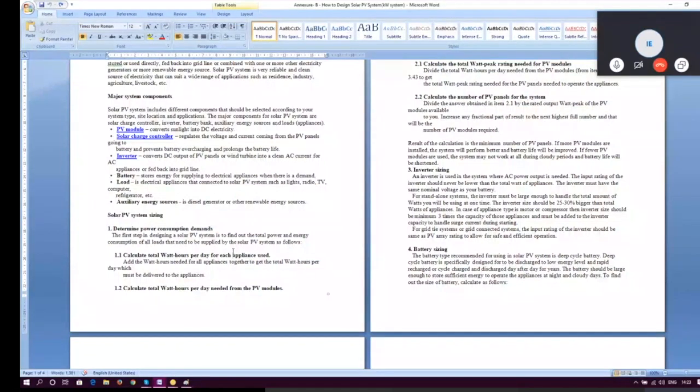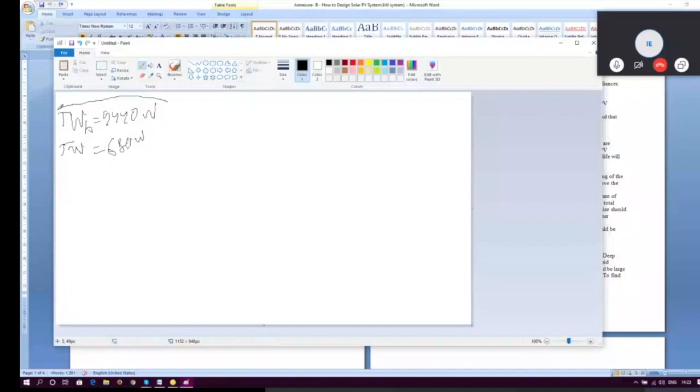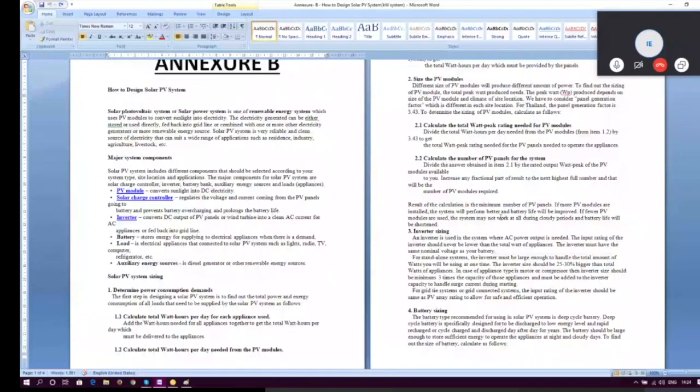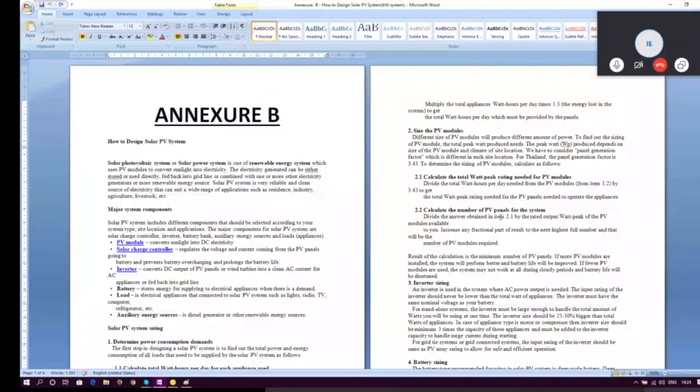Fine. So the first step in the PV module sizing is to calculate the total watt hours. We already did. We have got the total watt hours as 9440. In the screen, we can see we have got the total watt hour as 9440 after the off-grid load analysis calculation. Once we have done that, the next step is to calculate the watt hour per day needed for the PV module. Per day needed is very important.